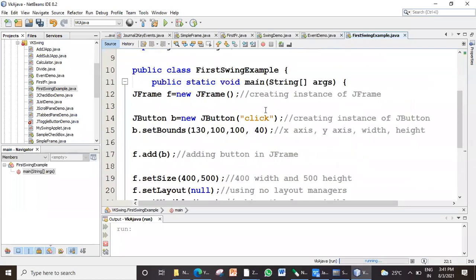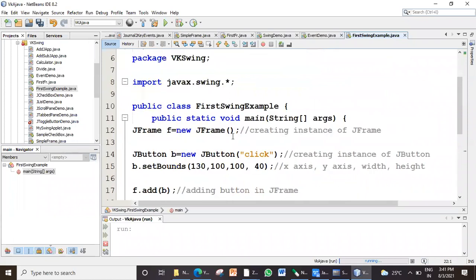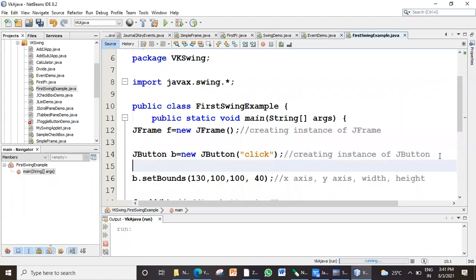Before that, let me add one label. So tell me the code, Sai Prakash, how do I add a label? It says press a button.